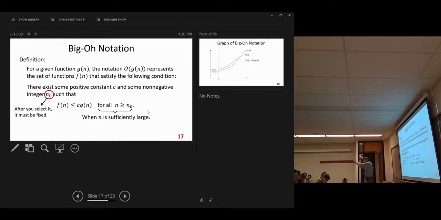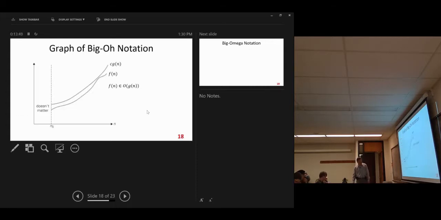Then we look at the future, where n is large, and the trend will be reflected by that relationship, the limit or the equality, inequality. All right, so this is the big O notation. The definition is very abstract, but I hope you can understand it. We can also use a graph